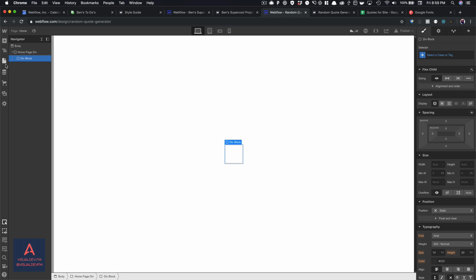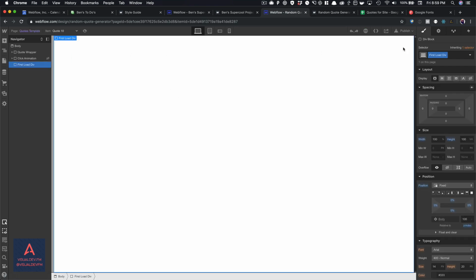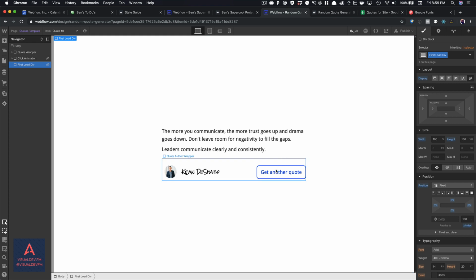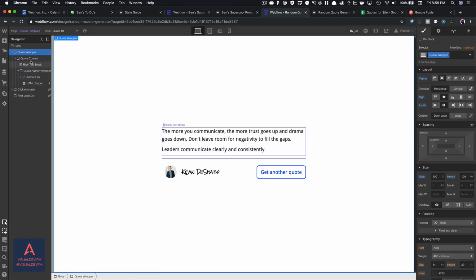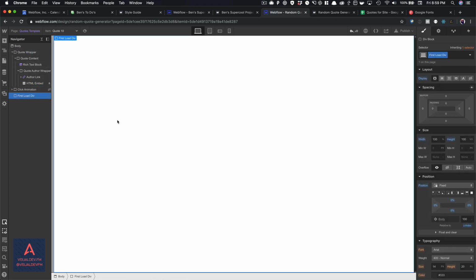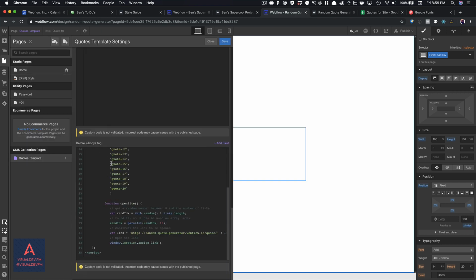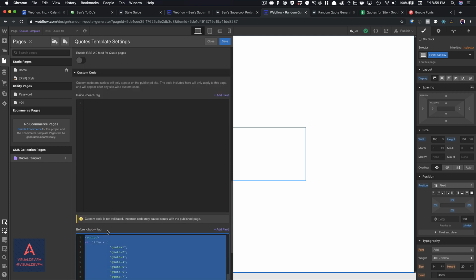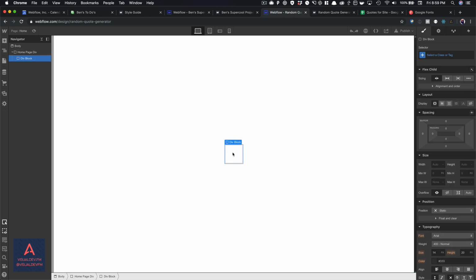So we could really quickly come back over here to our quotes template, and first load div, I'm going to hide this real quick. So we could copy this, so I'm going to copy that, and then first load div, I'm going to show that back up, and then I'm going to go to my script down here, and I'm just going to copy it as well. Okay, so now if I come back to the home page, I could put an embed